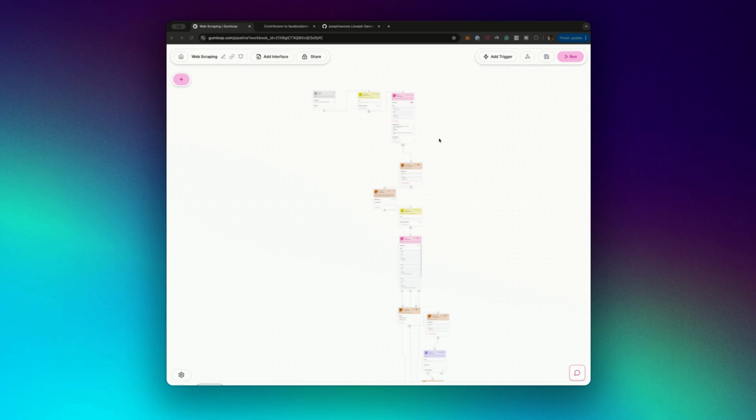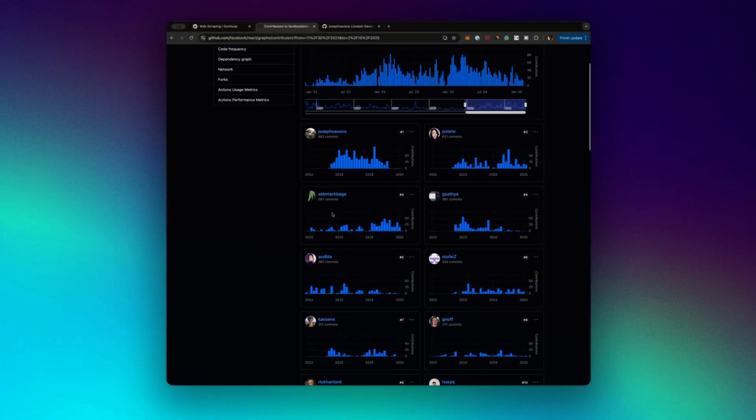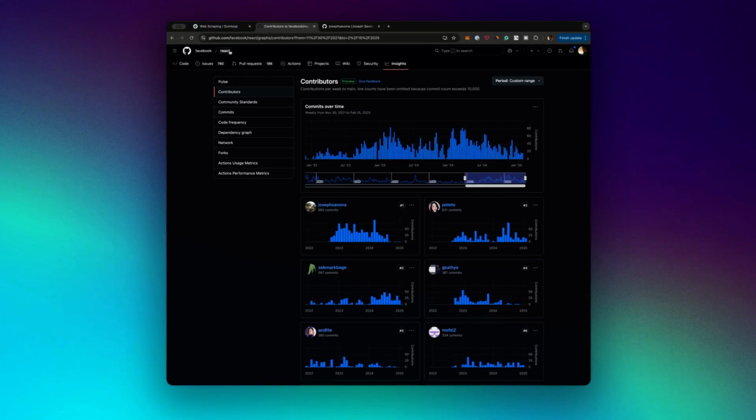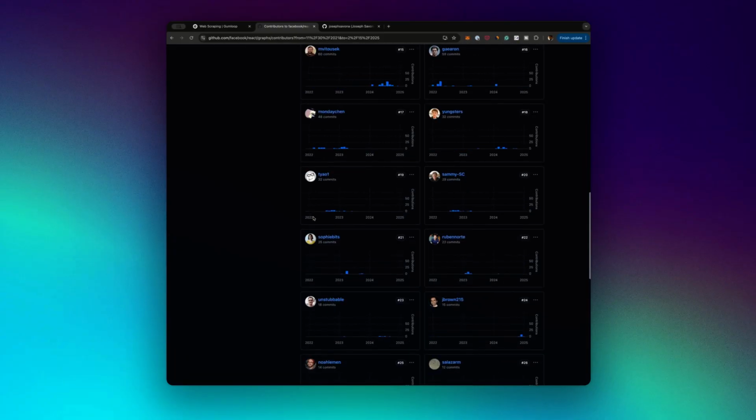Today we'll be building AI automations that will help us to find LinkedIn profiles of contributors to one of the GitHub repositories. Let's say we want to hire someone with the knowledge of React. We'll go to the React page on GitHub, we'll go to the contributors, and we see a lot of profiles